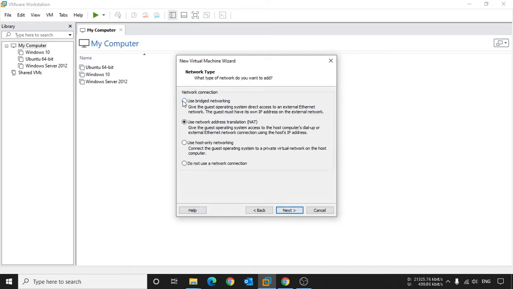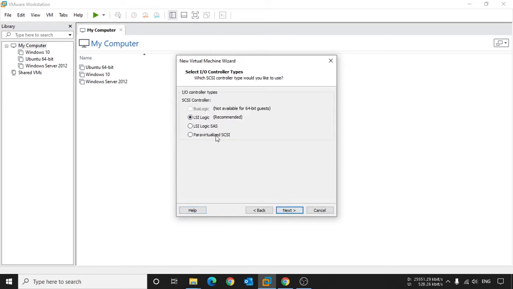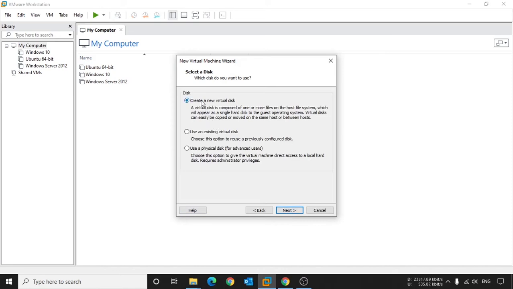Then I select the bridged network for the internet connection, click Next, and then select the I/O controller type, LSI Logic, which is recommended. Then for the virtual disk type, SCSI is recommended, and click Next.